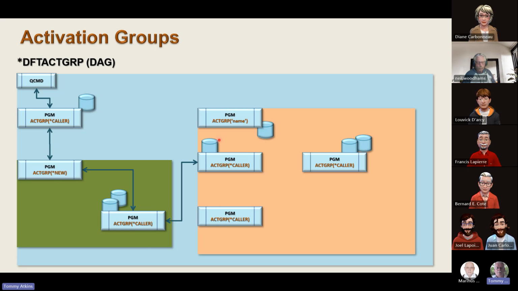This program will in fact be opened again in this green activation group. So this program will be opened twice. And this file will be open twice. It will be open with two open data paths, one from one program, one from the other program. And it can get pretty complicated when you start thinking about commitment control. Because if I exit